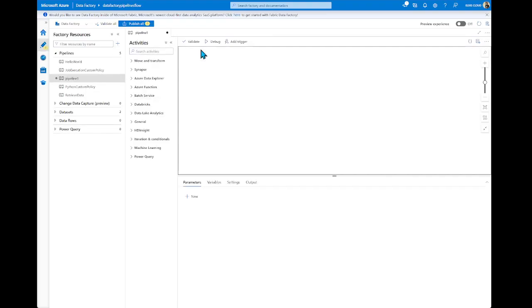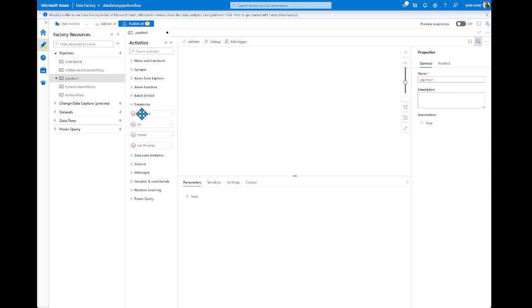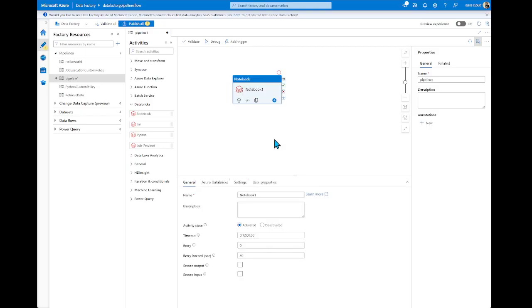Creating a pipeline is so simple. You can see the designer. On the left side, you can see all of the activities that you can use. And what we need to do is find Databricks. For example, we need a notebook to execute.